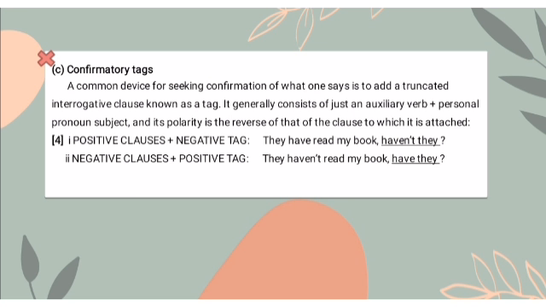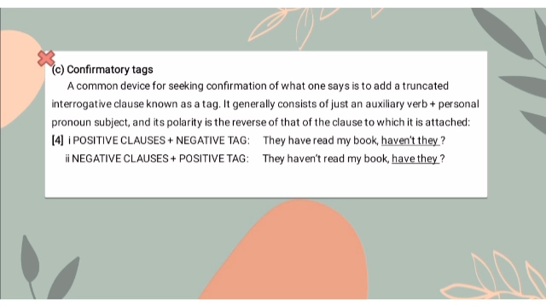It generally consists of just an auxiliary verb or can be defined as a half verb like dummy do, or does, to be, was, were, are, should, could, might, can,